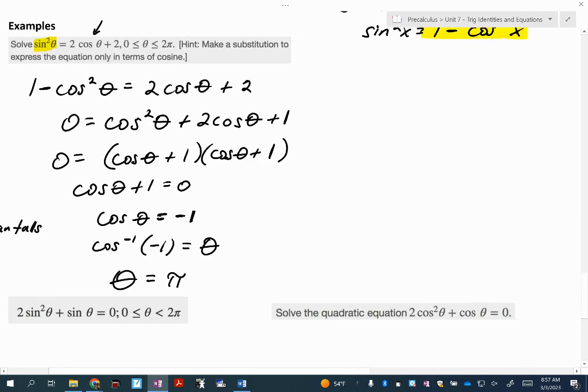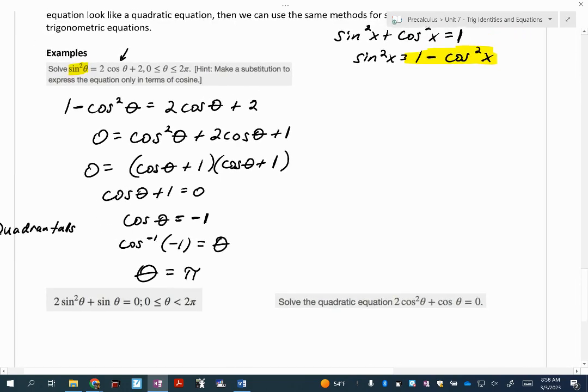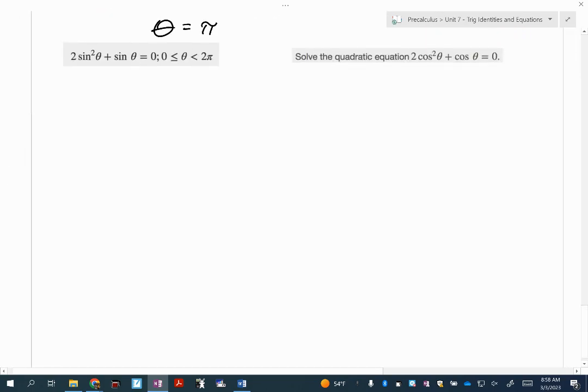All right, so that is our answer for that first one. Okay, let's do these last two. It says we're looking for values of theta between 0 and 2 pi. I don't have a third term. I don't have a constant, so I'm not going to do my 2 parentheses like that. What I'm going to do instead is just factor out sine of theta. When I do that, I get sine of theta times 2 sine of theta plus 1 equals 0. So I actually have to set up 2 of these equations